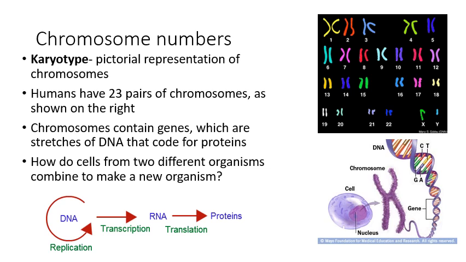So we already answered this question, but this was on a test. What would you guys put before we get into it? How do cells from two different organisms combine to make a new organism? They reduce the amount of chromosomes that they have. So that's going to be a theme in today's lecture. We'll be focusing on those today.